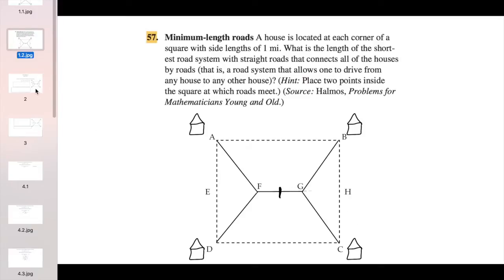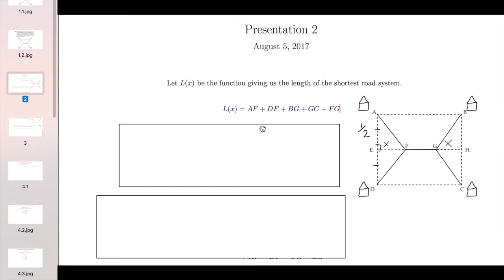So now that we have our diagram, we can move on to bringing a relationship between the various parts of the road and to find the length of our road system. Which brings us to this function. That's essentially the addition of all the bolded lines that have been shown in the diagram. And in order to try and build a relationship between these different line segments, that's AF and DF, GB and GC, we extend FG in such a way that the line that intersects AD and BC is a perpendicular bisector